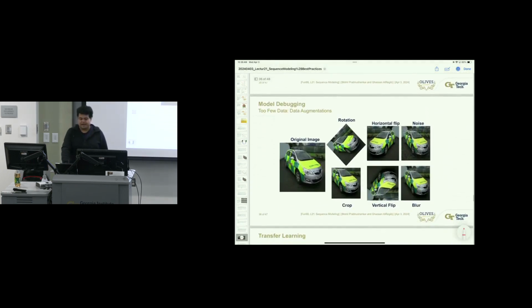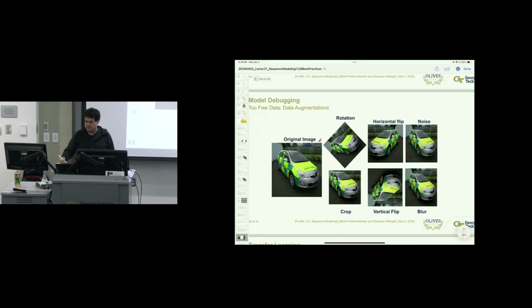Data is also a big thing, and I'm not sure I talked about augmentations when we talked about AlexNet, but essentially, given a certain image, you can rotate it, flip it horizontally, add noise, blur it, crop it, and pass it as a different image. So let's say you start off with 1,000 images, which is very few for training large networks. But now you do these augmentations. Say 6 augmentations on all images, which means there are 1,000 rotated images, 1,000 horizontally flipped images, 1,000 noisy images, and so on. So based on just 1,000 input images, you can now convert this into 7,000 training images and pass them through